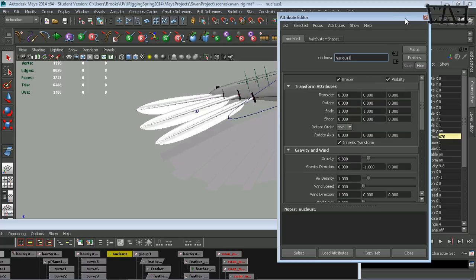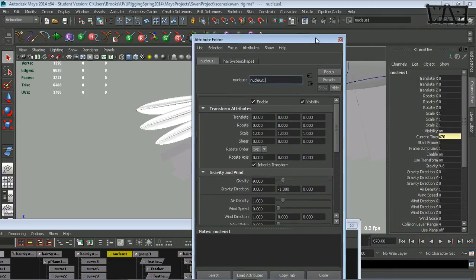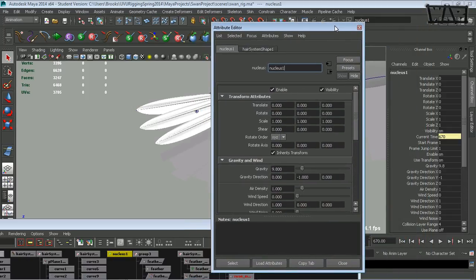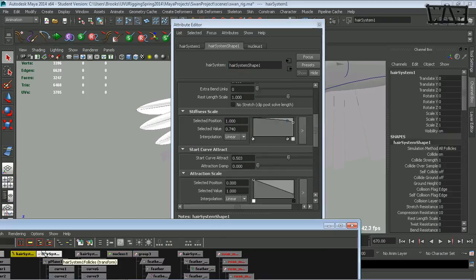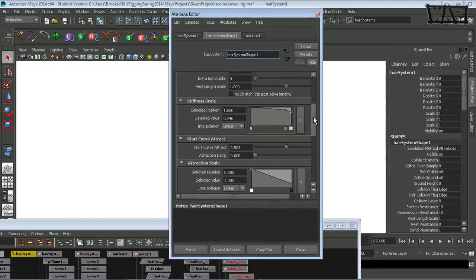Okay, and honestly, you'll just have to go online and look up those attributes and see what they're in charge of for simulation purposes, and set those settings. Okay, so anyway,